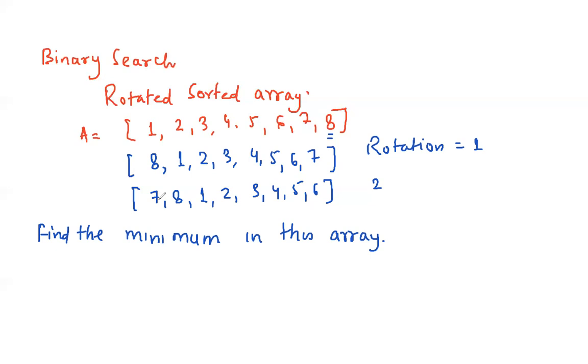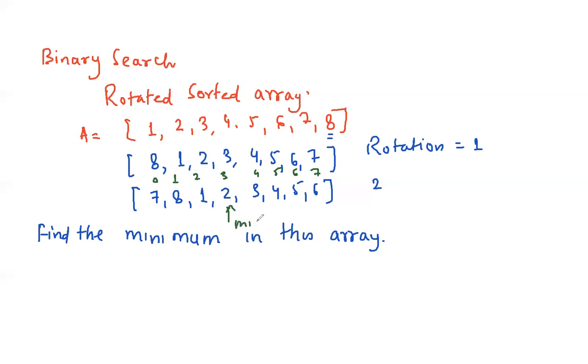So how do I know which part is sorted? That's the next question. We need to figure that out. Now what will happen is when you split the array, you get the mid. In this case, as I explained in the last class, always write indexes on the top. It makes life so easy. So mid will be 3.